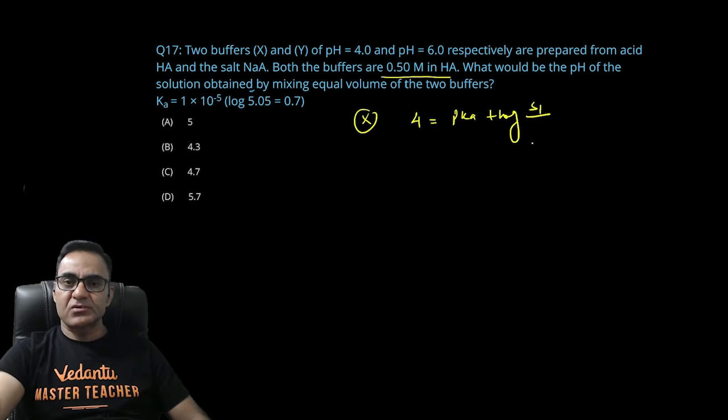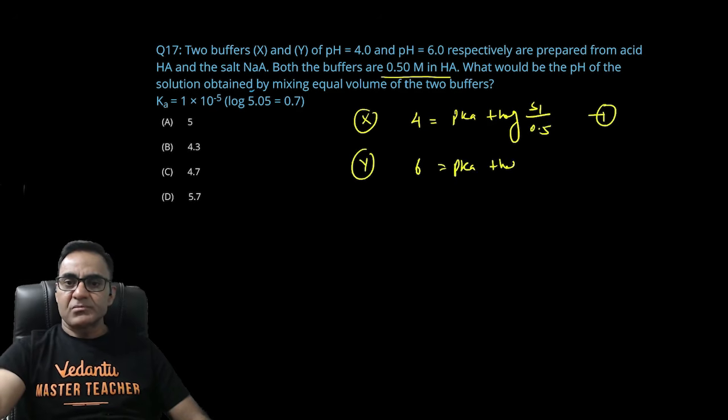तो ये pH इज इक्वल टू pKa प्लस log salt, salt को S1 मान लेता हूं X बफर में, अपॉन 0.5, इक्वेशन 1। सिमिलरली Y बफर के लिए 6 इज इक्वल टू pKa प्लस log S2, S2 इज द कॉन्सेंट्रेशन ऑफ सॉल्ट इन सेकेंड बफर, अपॉन 0.5, ये इक्वेशन 2 हो गया।